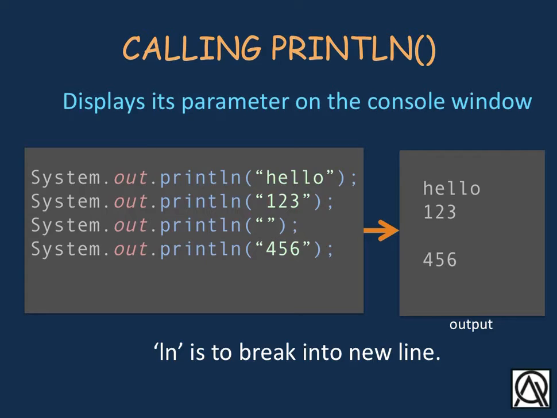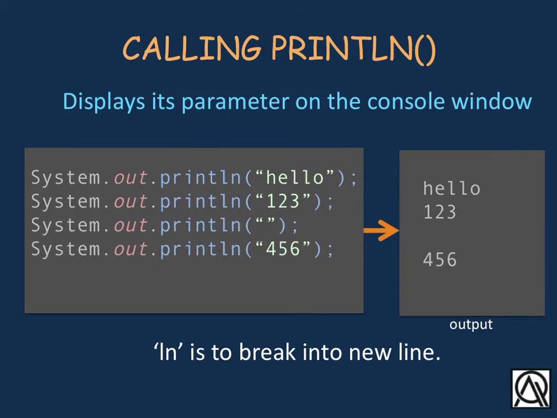If we change our string and put 123 as a parameter for our println method, the 123 should be printed. If we put an empty string, it should print nothing. We can also print other strings such as 456. When we see the output of this Java code, we'll see the strings are printed without the double quotes. The double quotes are there to tell Java that this is a string. But when you are printing it, the quotes are not going to be printed.